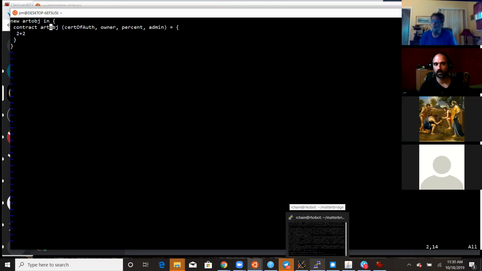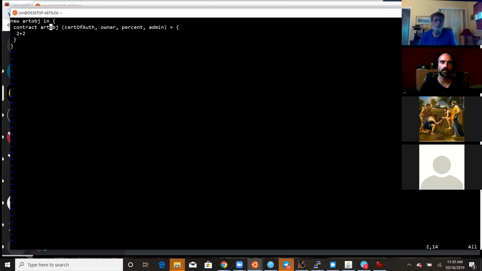Mm. So yeah, I agree that in the art object smart contract, you don't have to work with exactly who the deployer is, but on some contract that is accessing this art object contract, you will need to do this. You will need to recognize, okay, this is the owner, this is the valid public key. I mean, as I see it, whoever called this is going to get an admin capability back, right? And then there's going to be some capabilities that